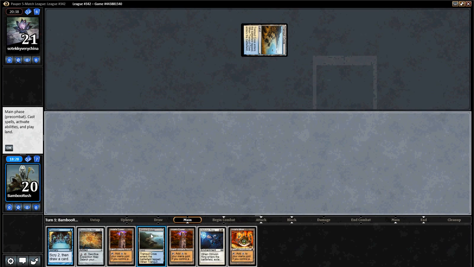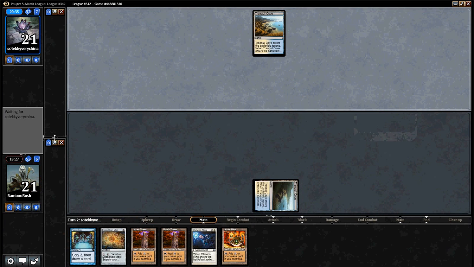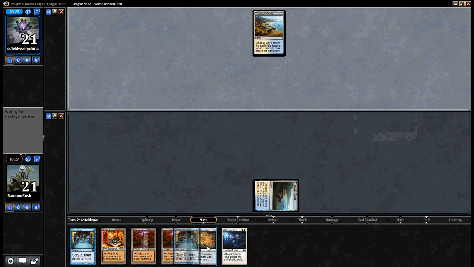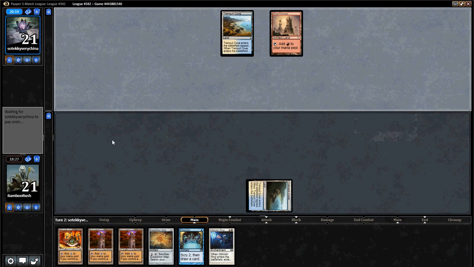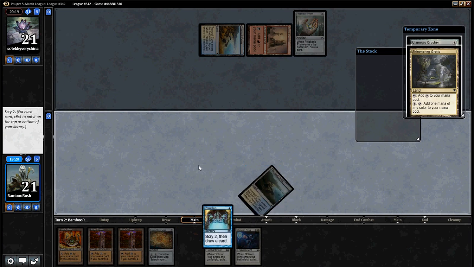I am going to again play the Tranquil Cove first. Even though we could get Tron faster, getting Tron on turn 3 right now doesn't do anything without access to a color. So we'll get that color first. Next turn we can Preordain and play the Expedition Map. Preordain into some more action because he's going to get aggressive real quick here. Well, maybe not as quick as last game, but...